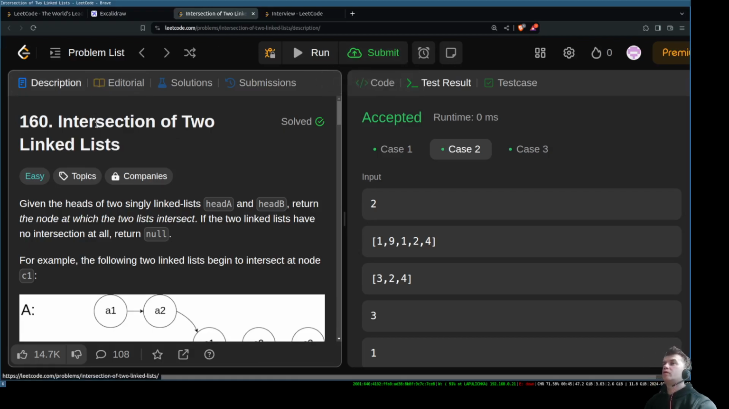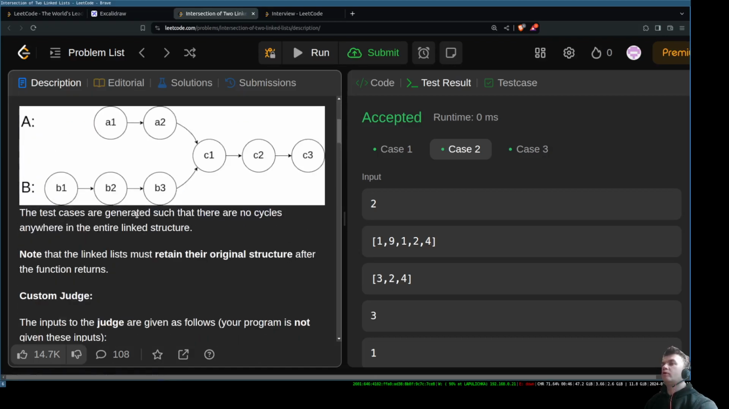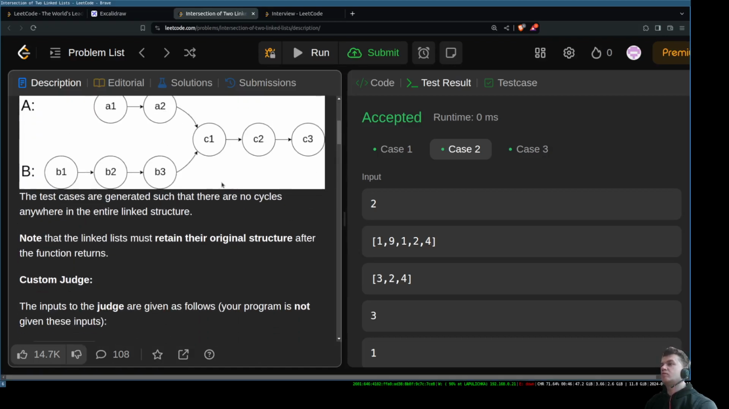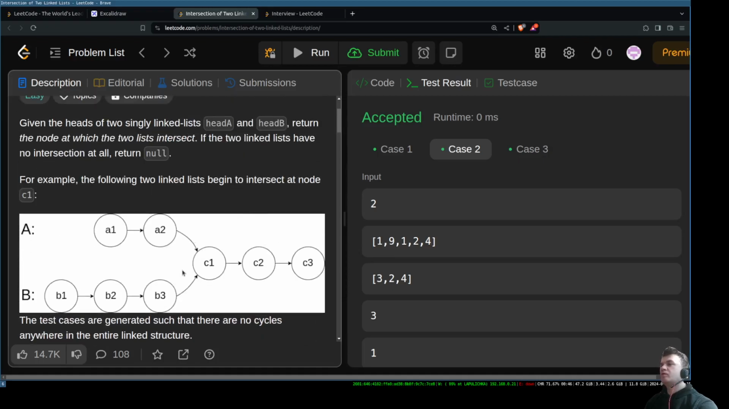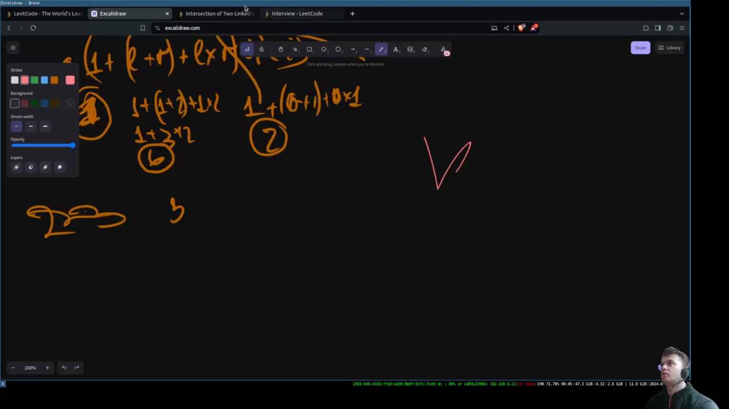So we have intersection of two linked lists, and we have two lists as the input, and we need to figure out if they intersect, if there is a common list node from which they start to use the same nodes. So my approach there was